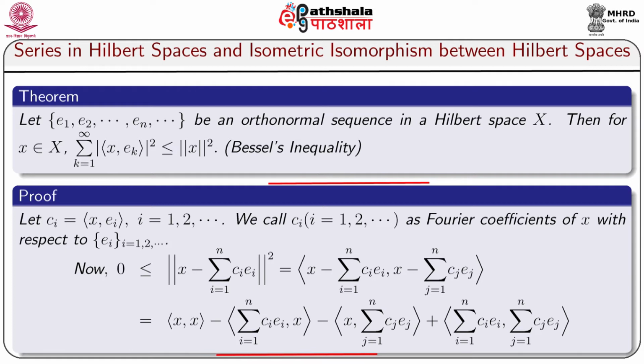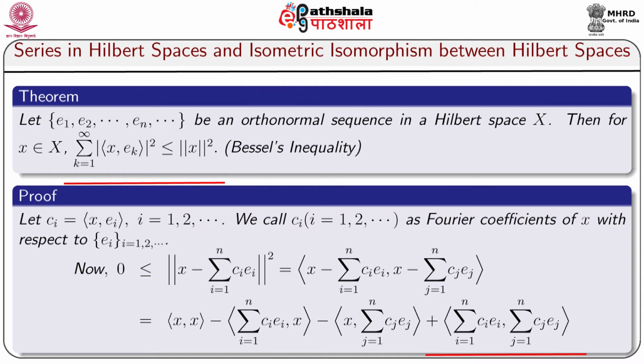So, norm of x minus sigma i equal to 1 to n ci ei square equals inner product of x minus sigma i equal to 1 to n ci ei, comma, x minus sigma j equal to 1 to n cj ej, which on simple calculation we get inner product x comma x, minus inner product sigma i equal to 1 to n ci ei comma x, minus inner product x comma sigma j equal to 1 to n cj ej,